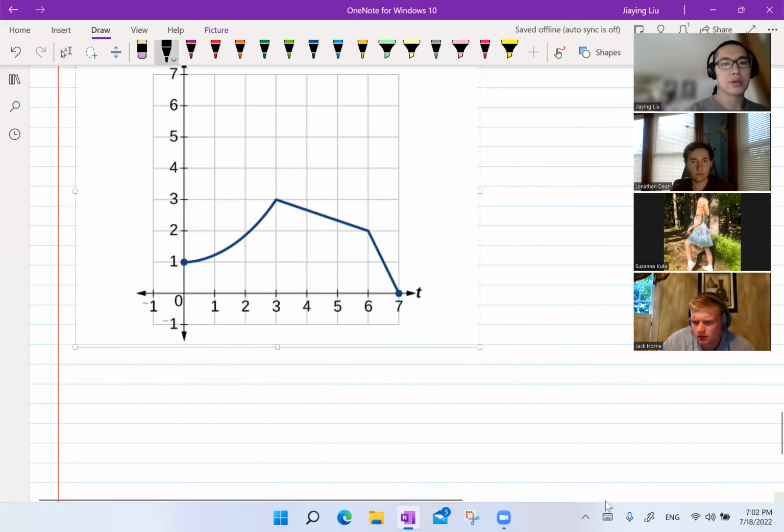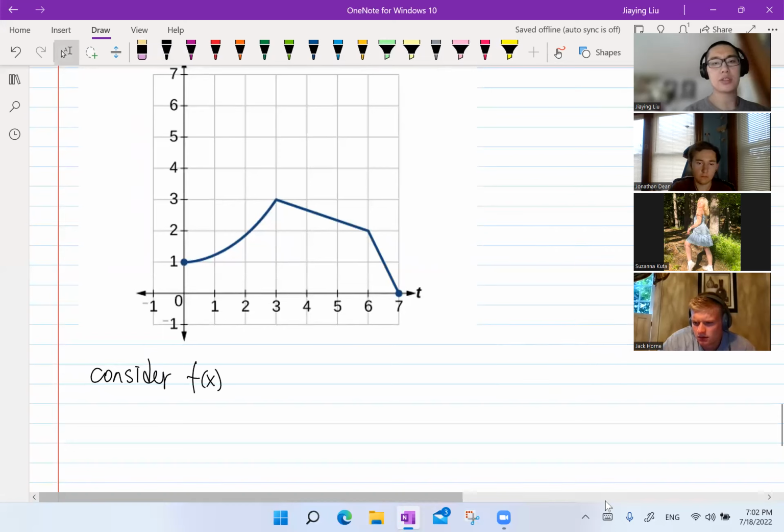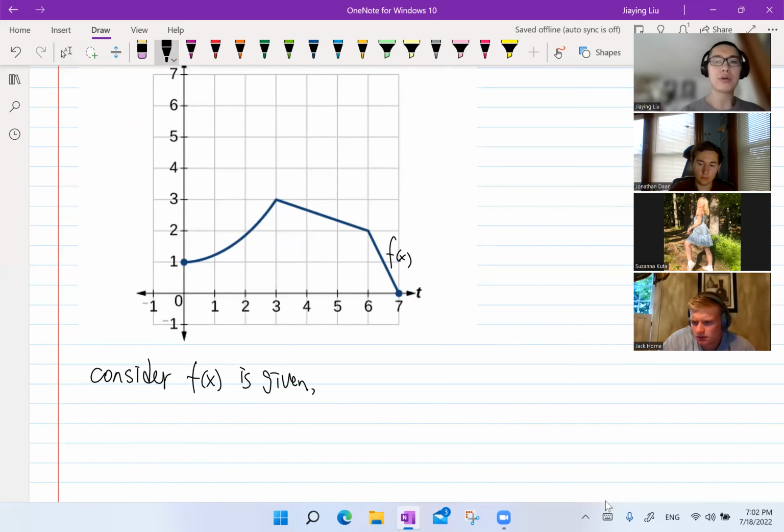So consider f of x is given. This is what we call f of x. And we're going to graph